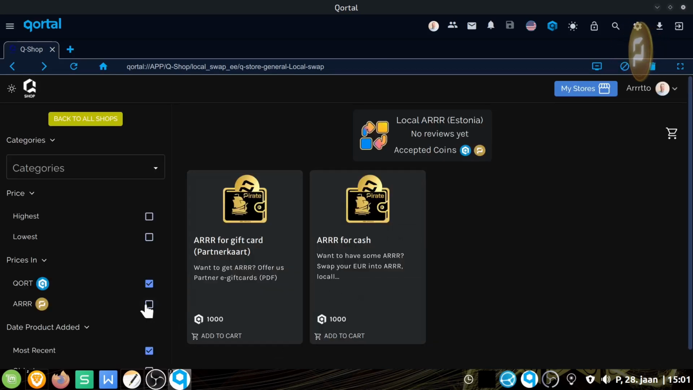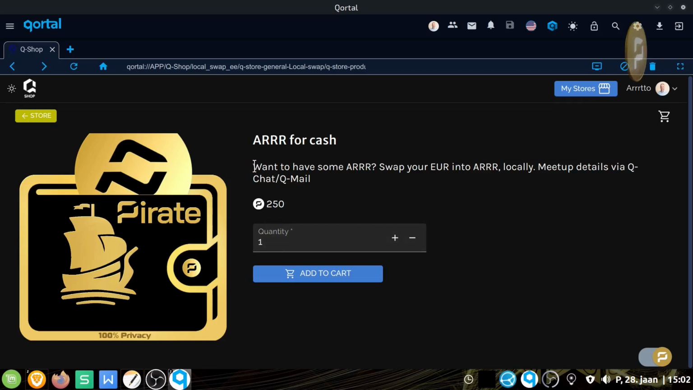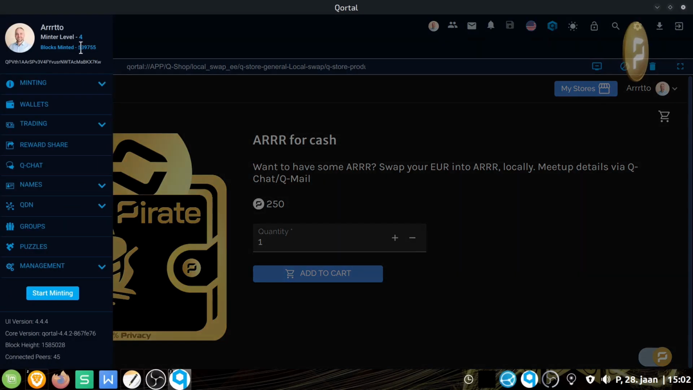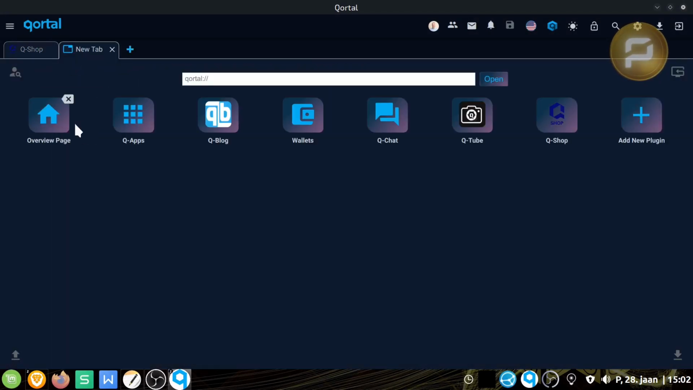So wait, let's see, prices in ARRR. Yep, I want to see ARRR prices, not QORT. So yeah, seems like it's available, 250 ARRR. So if we want to set up the meeting for cash, as it says, we want to swap your EUR into ARRR locally, meetup details via QChat or QMail. So this means that I can now go to QChat